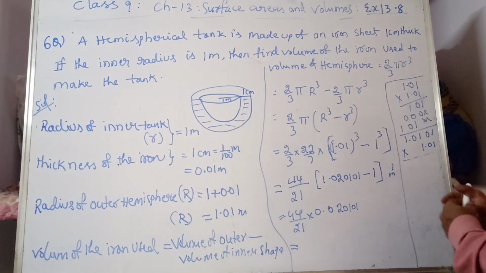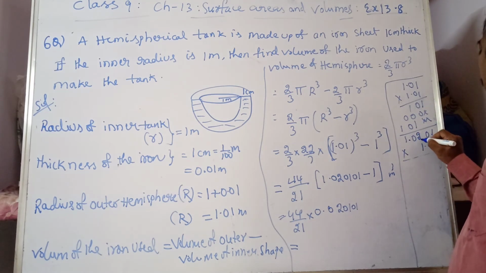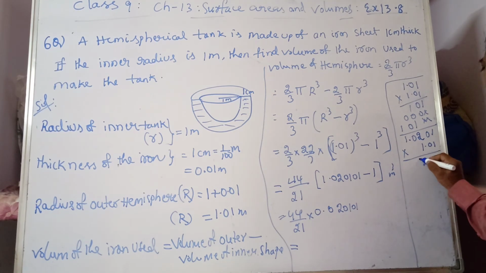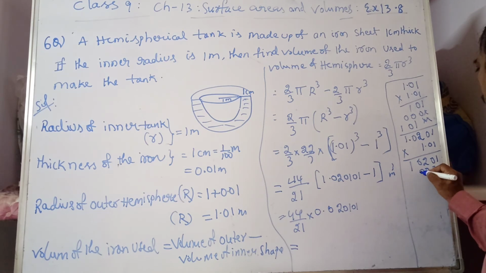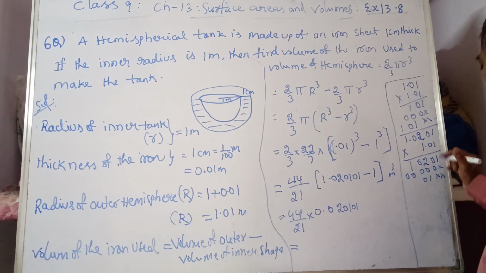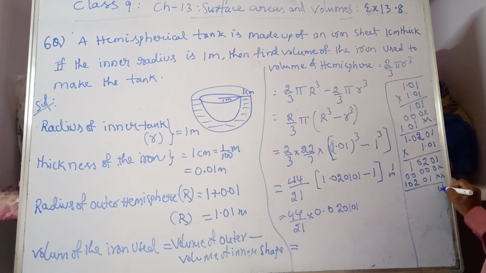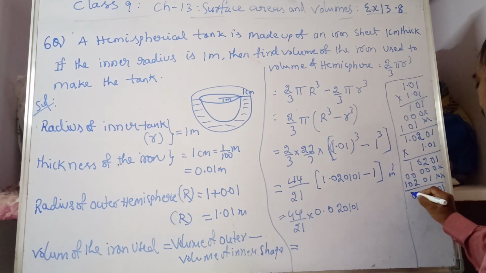When you multiply, you are getting here 1 plus 1 is 2. Now 1.02, observe it, 1 plus 1 is 2. So 1 zero is 0, 1 one is 1, 1 2 is 0 1. Next 0 0 0 0 0. Next with 1, 1 one is 1, 1 zero is 0, 1 2 is 2, 1 zero is 0, 1 one is 1. So 1 0 2 plus 1 is 3, 0 2 plus 1 is 3, 0 1.